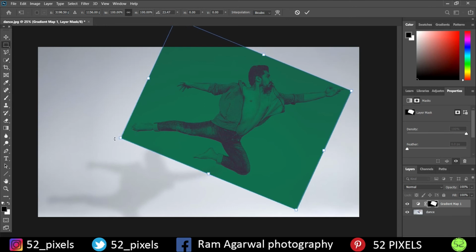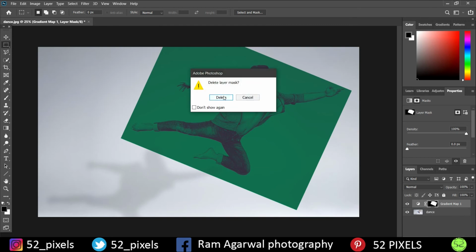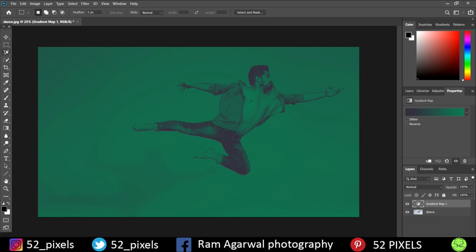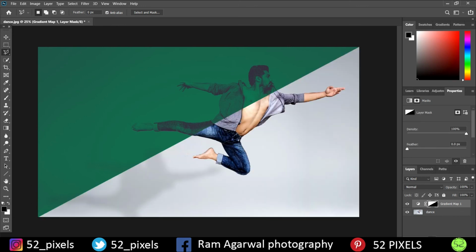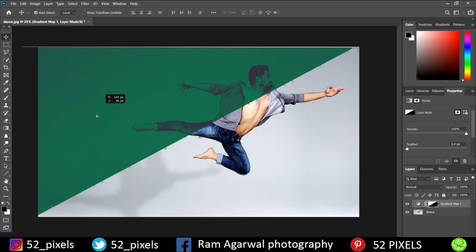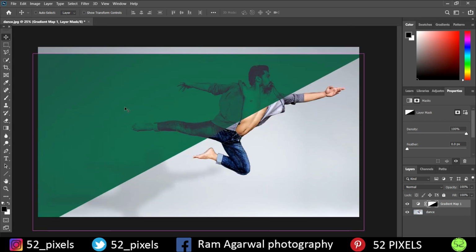After pressing enter, it will look like this. This is one thing. Or what I can do is, using this polygonal lasso tool, I can draw a polygonal selection from diagonal to diagonal, like from one vertex to another vertex, to be technical. So this is my selection. Again, I'll go to layer mask and I can make this kind of effect as well. Again, you can move that using this move tool, but I'll keep it the way it was before.